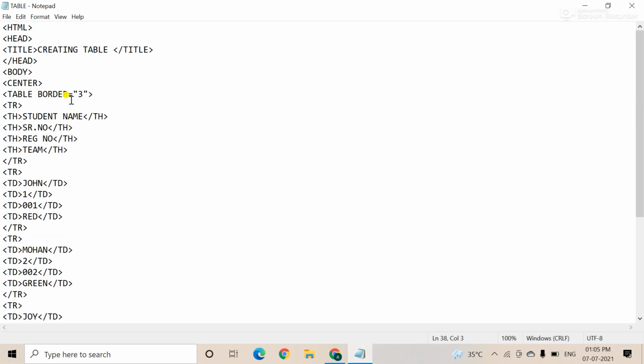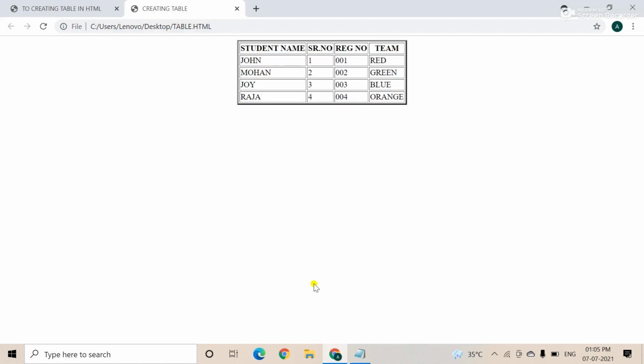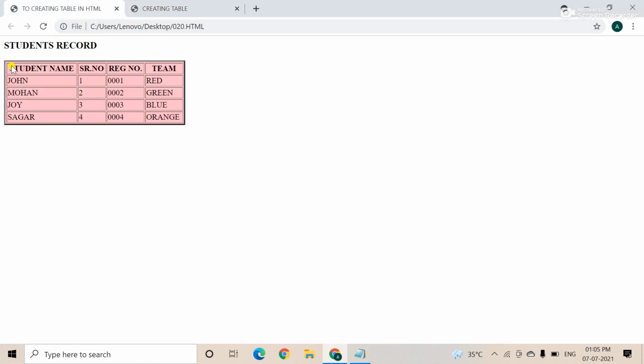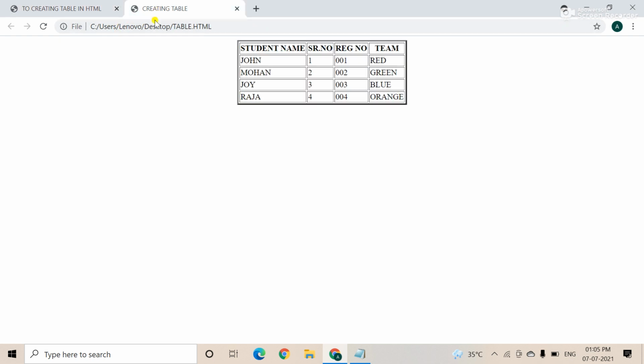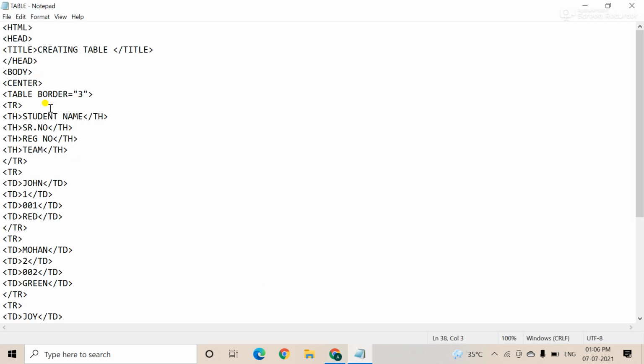So in the first one you all see there is color and the heading is also there. So how to create a color, actually a background color? Here in the table border, you write bgcolor. You know bgcolor means background color. bgcolor equal to, suppose, pink.